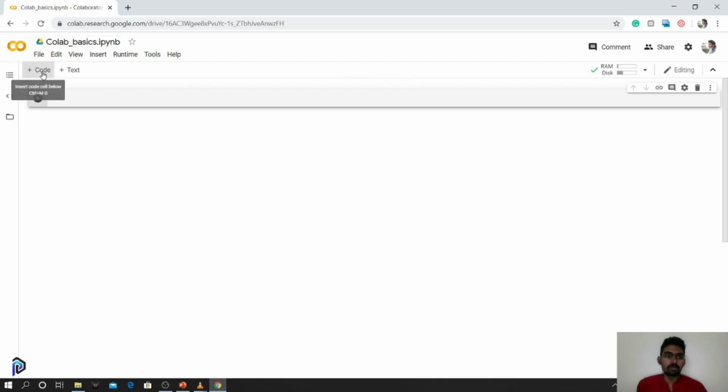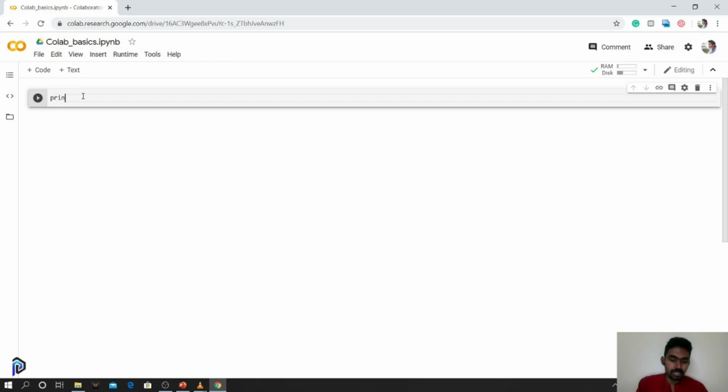So we have two kinds of cell. One is a code cell and another one is a text cell. The code cell helps us to execute the Python code, and the text cell helps us to explain the particular code. By combining both of them, we will be able to provide a clear understanding of any concept using just a notebook alone. So we'll get started.